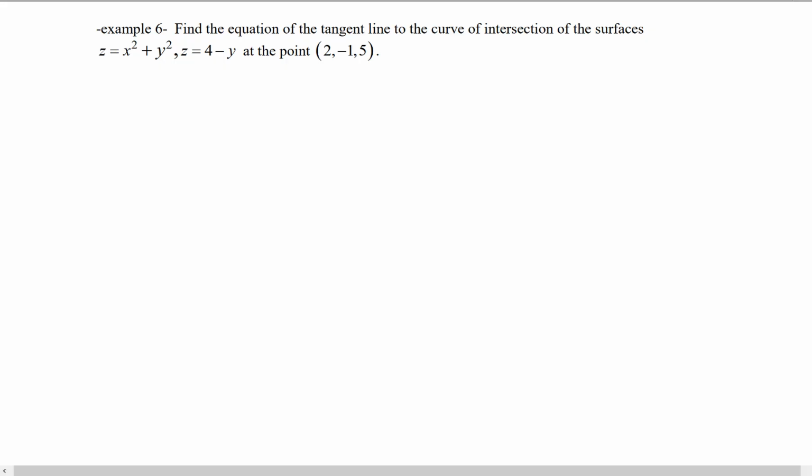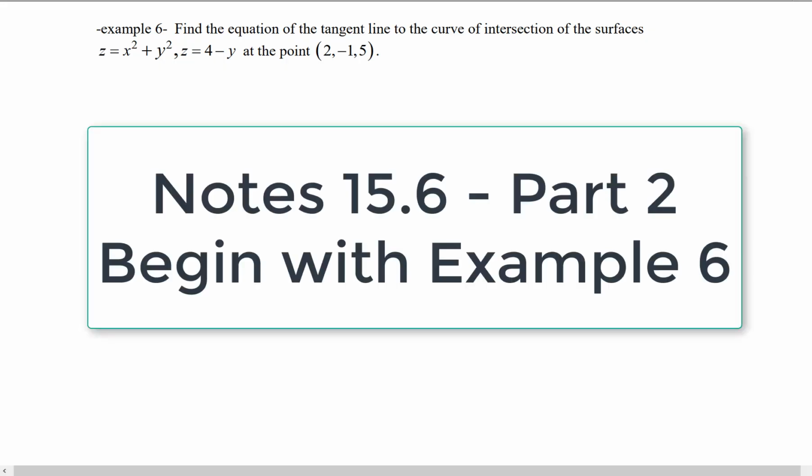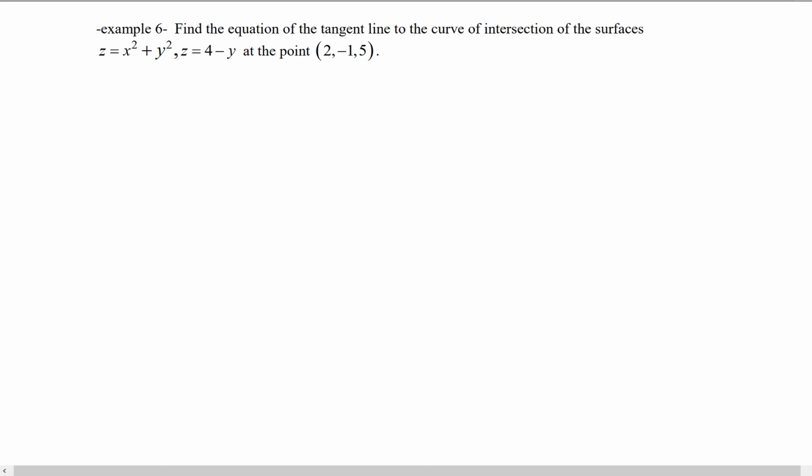Welcome to Notes 15.6, Part 2. We'll begin Part 2 with Example 6 on page 4. Example 6 says to find the equation of the tangent line to the curve of intersection of two surfaces at a particular point. In order to understand how we're going to approach this problem, let's take a look at what